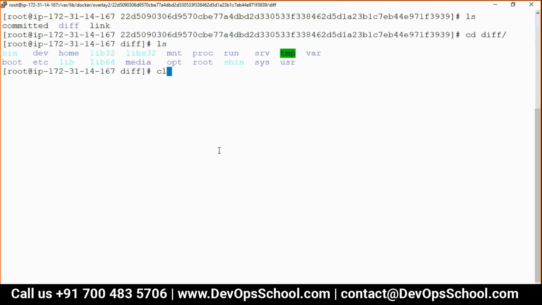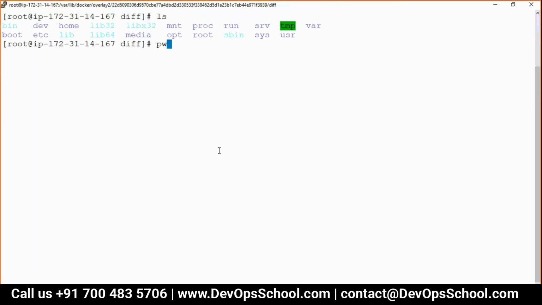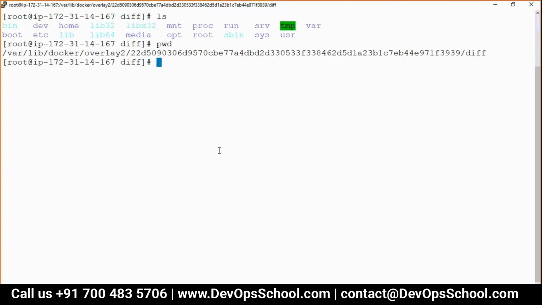Okay guys, have you seen this one somewhere? Have you seen this one? Yes. What is this? Root file system, right? It's a root file system. Of what flavor? Linux. Ubuntu.